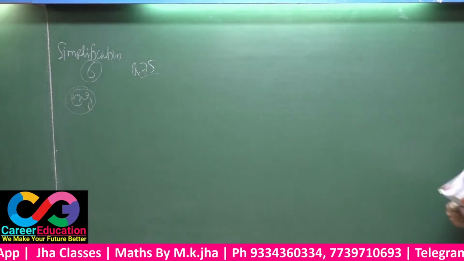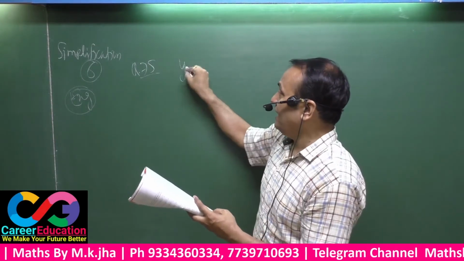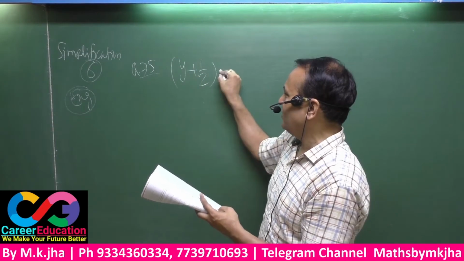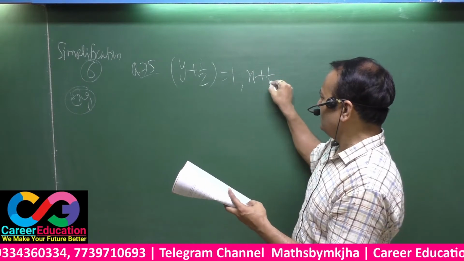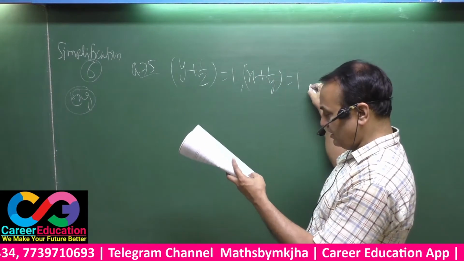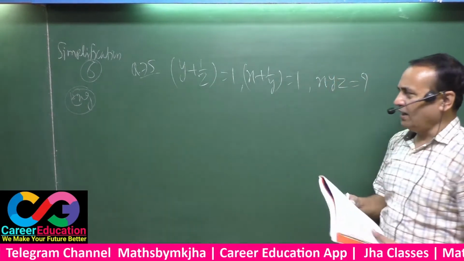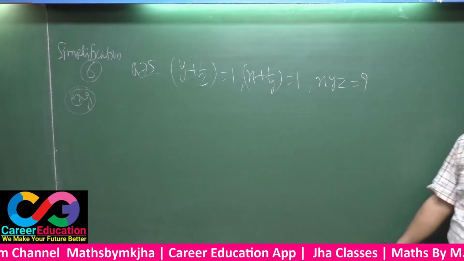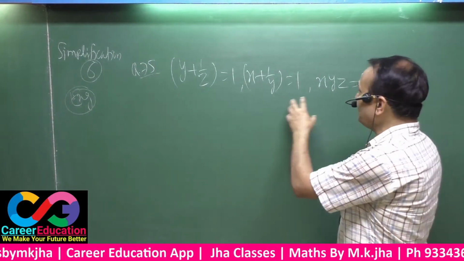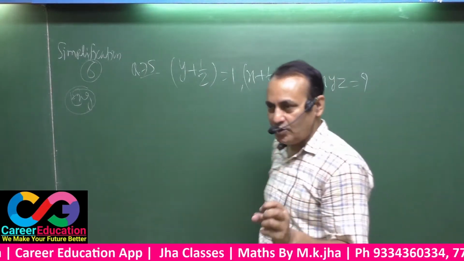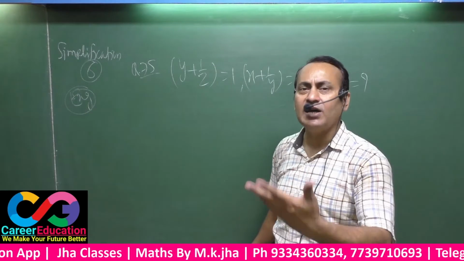Say, question number 75. Y plus 1 by z equals to 1. X plus 1 by y equals to 1. X into y into z equals to what? See here. Again the question is almost the same. That means you have to have the value of x, y and z. You can have the value x into y into z to be pointed out. For that, you have to have all the values in a single respect.